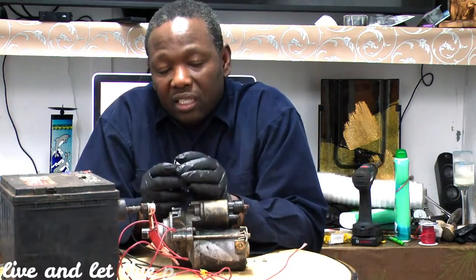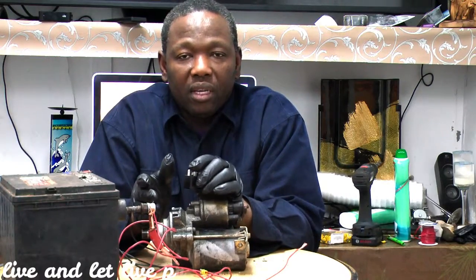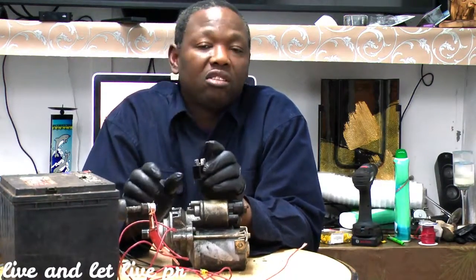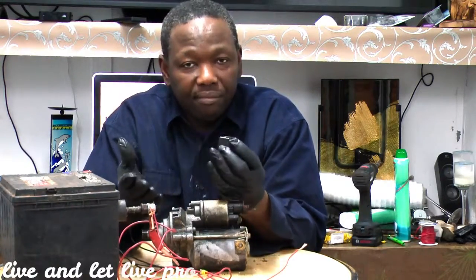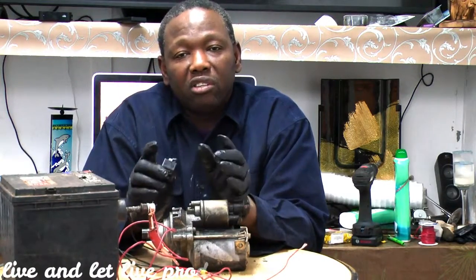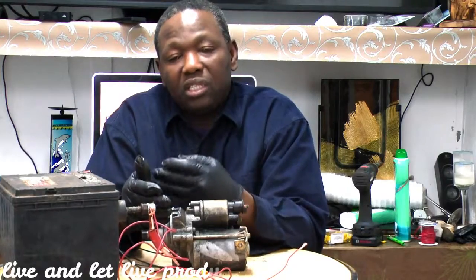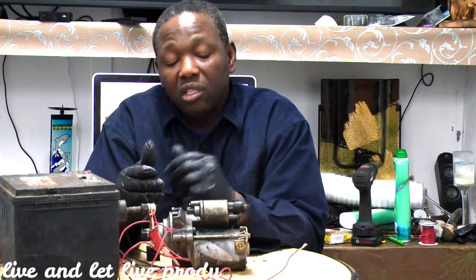So what you're going to do in that case, you're going to try to put your car in neutral. Okay, if it doesn't want to start in park, try it in neutral, because Mazda has a problem with a lot of this neutral switch. Sometimes you've got to start the car in neutral, it doesn't catch. Some cars are like that, or when your neutral switch is going. Okay, so if you put the car in neutral and it doesn't start in neutral, then we know that, okay, we haven't established it's your starter problem, because we have to do the test before we know if it's your starter. Okay, so what you're going to be doing,